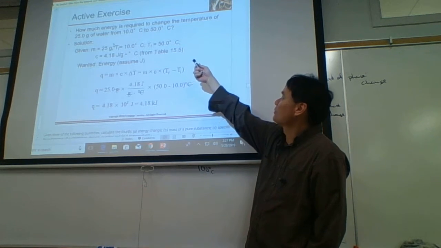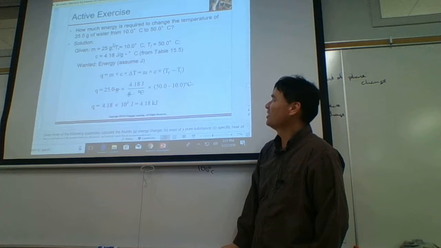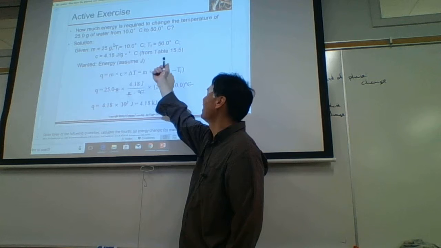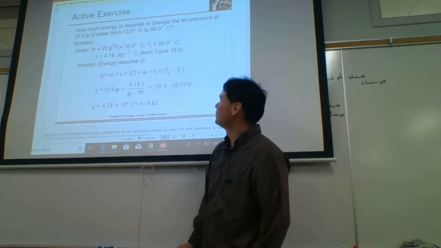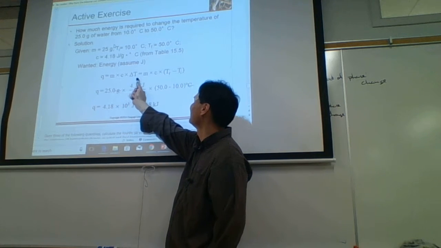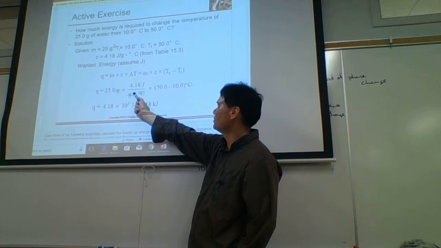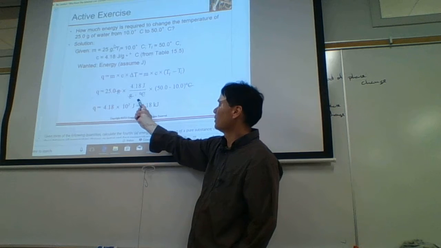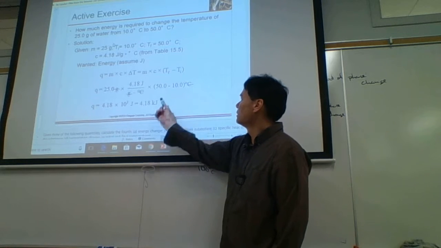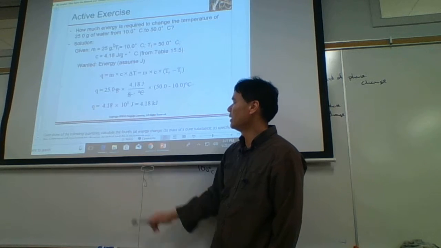Now here, how much energy is required to change the temperature of 25.0 grams of water from 10 degrees C to 50 degrees C? So here we're just going to heat an object. We're going to heat it so the temperature climbs from 10 to 50. And so we're going to use this equation. Q is equal to the amount times C times delta T. The amount is 25. C, we look up in the book, for liquid water, it's 4.18 joules per gram degree C, which is fairly high. You know, this was the highest one on the chart, so water has a very high specific heat. Times delta T, which is 50 minus 10, T final minus T initial, that gives us 4.18 kilojoules.